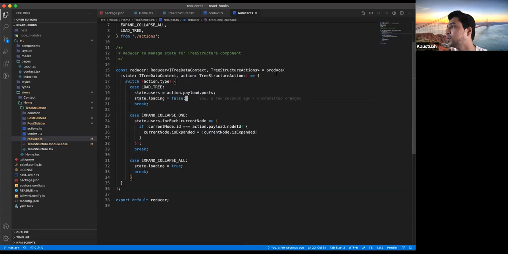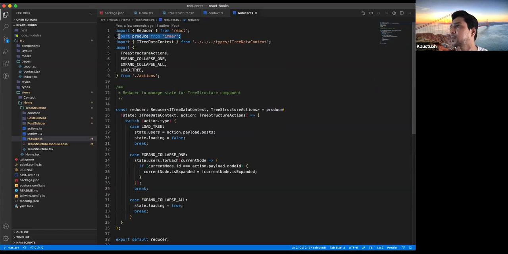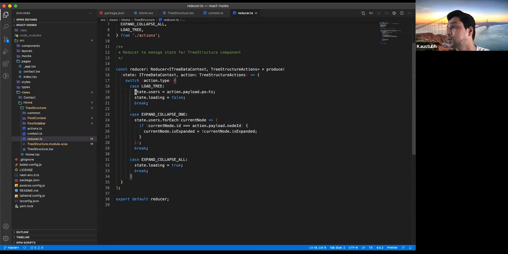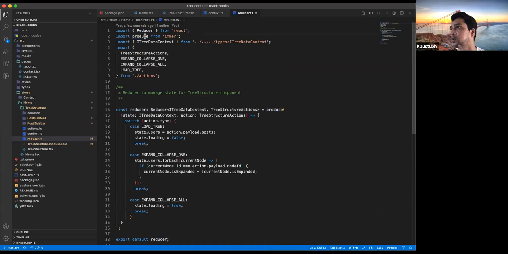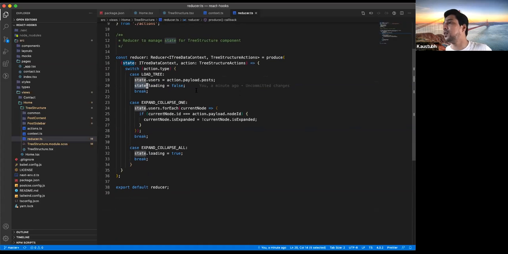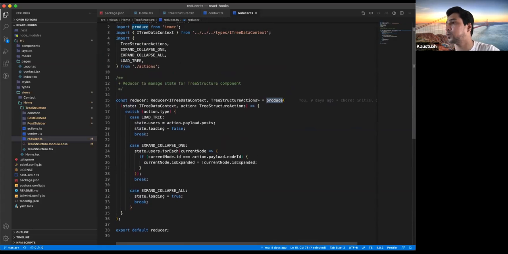An additional thing I've done over here is I'm using a produce function from Immer. Immer is a third party, easy to use library. It's not necessary to use. But if you observe the syntax over here, I'm directly mutating its value. So there is no need for me to use the spread operator, pass in the old values, update the new values, and then return the whole object. Using the Immer package and this produce method, we don't need to worry about that. We can directly mutate our state because it actually gives us a draft state. So if you try to console log this state, it is basically a draft object that this library gives us. So it's also a handy library to use.